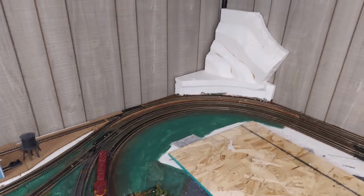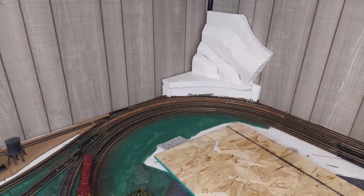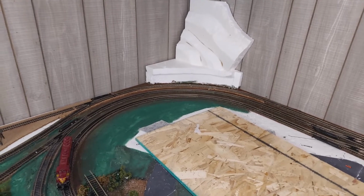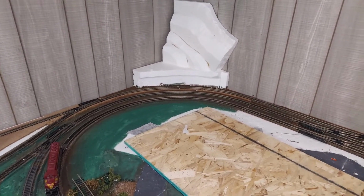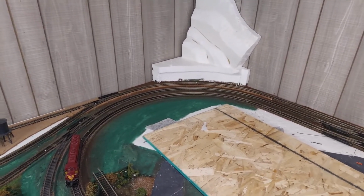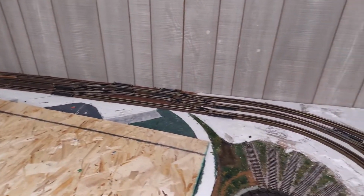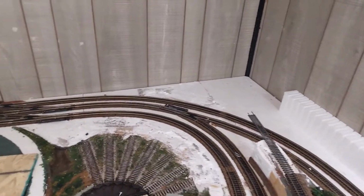Still wondering what I might do with that corner. Might put a little bit of interest in there. I might just rebuild a small little hill in that corner there, and have a quick entrance and an exit in a little tunnel. Not 100% sure about that one. This section over in this corner, since